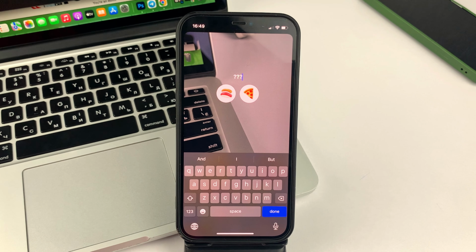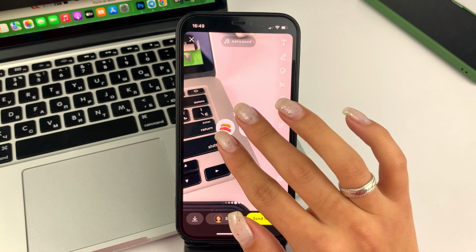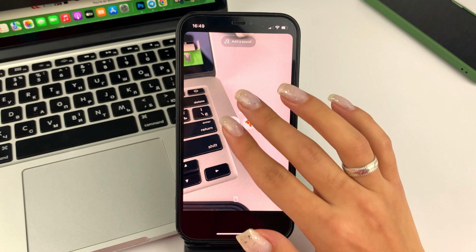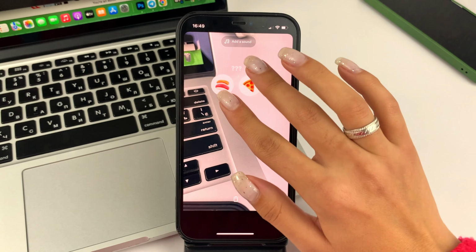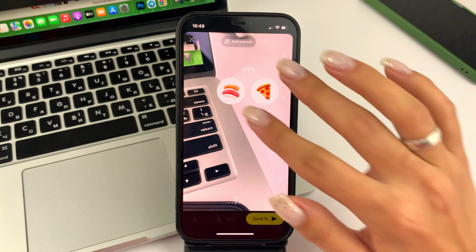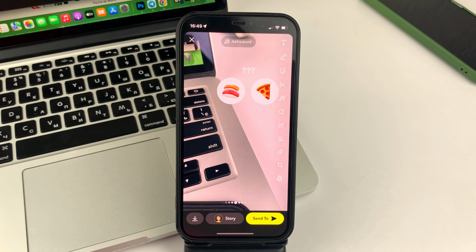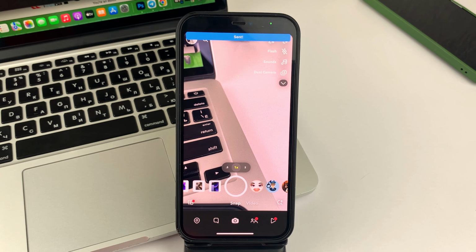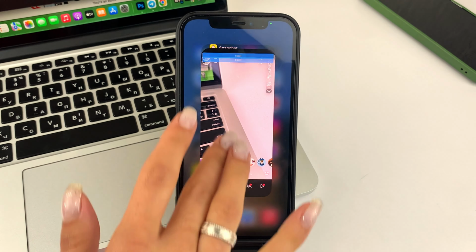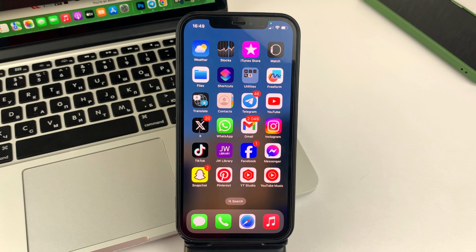And now when your survey is completely ready, at the bottom, click Done. And now you can make your survey bigger, smaller with a swipe like this. You can move it to any part of the screen. And then, if you want to put it up as a story, just click History at the bottom and your poll will be added. That's the quick, simple method you can literally make a poll in the Snapchat app in just a few seconds.